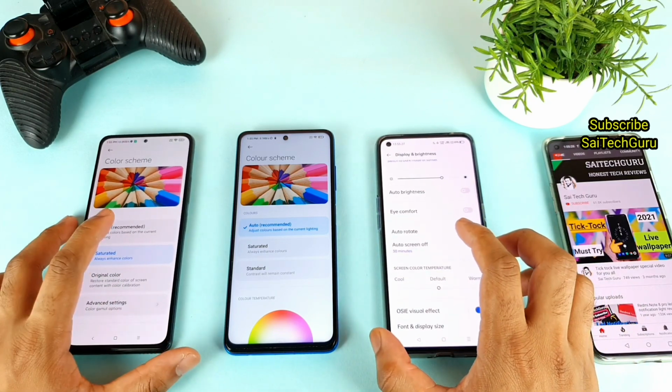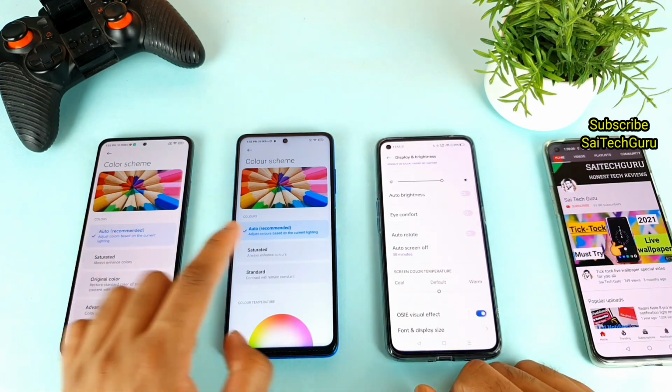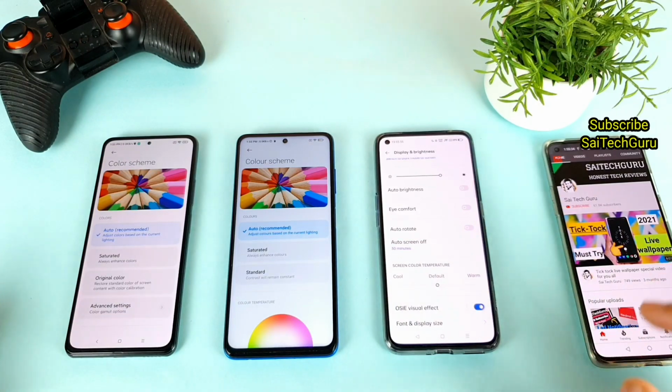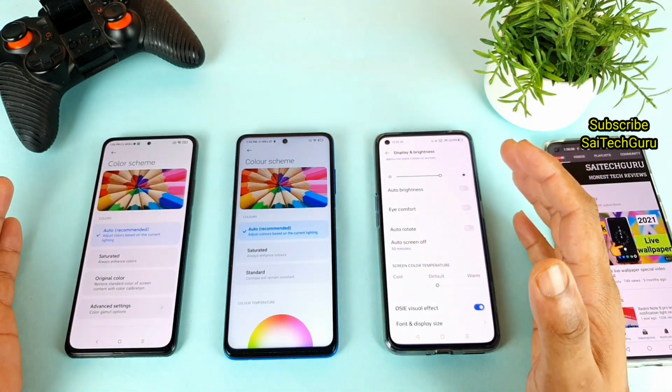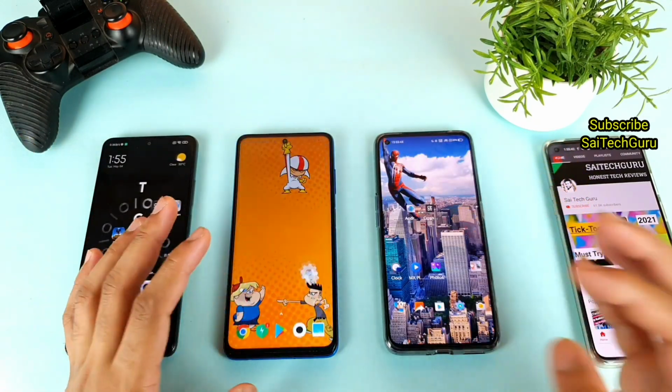And here are the quick settings which I'm trying to use right now in this test, as you can see here. So I'm trying to maintain the auto and the default in all the three smartphones, as you can see. So that of just showing you the test settings what I'm trying to use every time before actually starting the test results. So let me try to close all the phones.